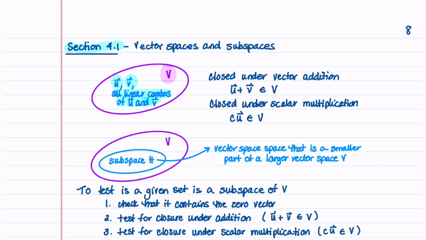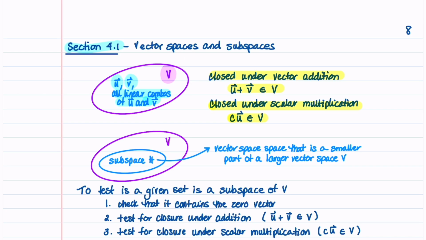In order for a set to be a vector space, it has to be closed under addition, and you can show that by making sure that vector u plus vector v is an element of your vector space. And then we said that it also has to be closed under scalar multiplication. And to do that, you can multiply a vector by a scalar and make sure that it is also in your vector